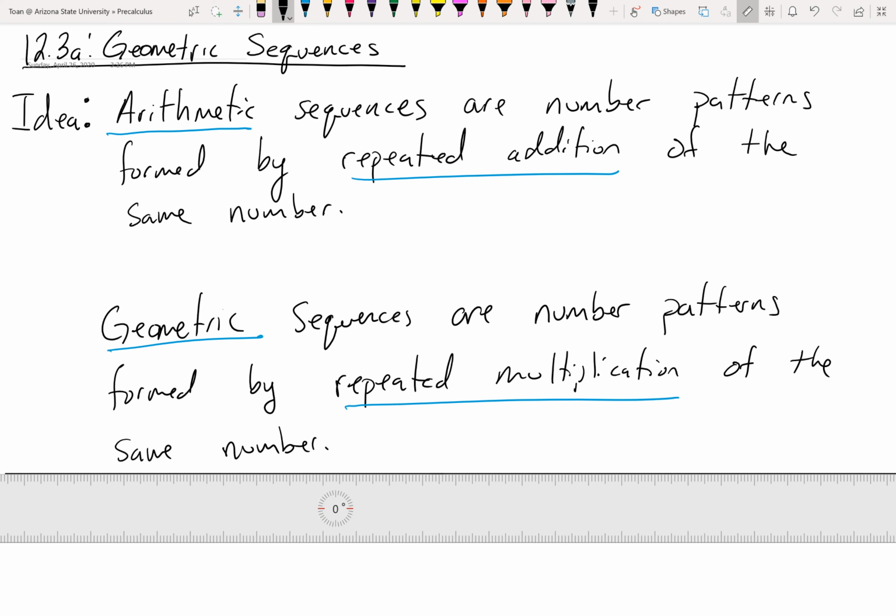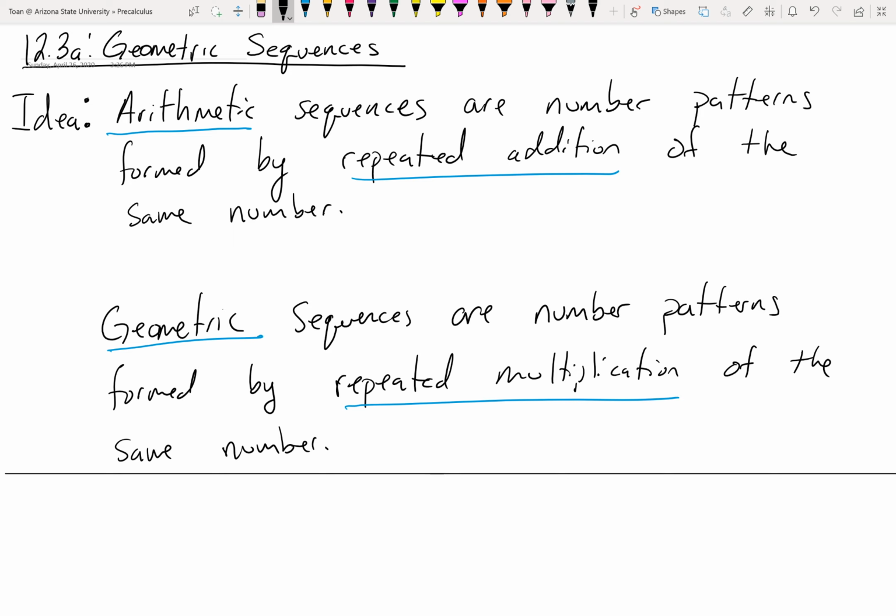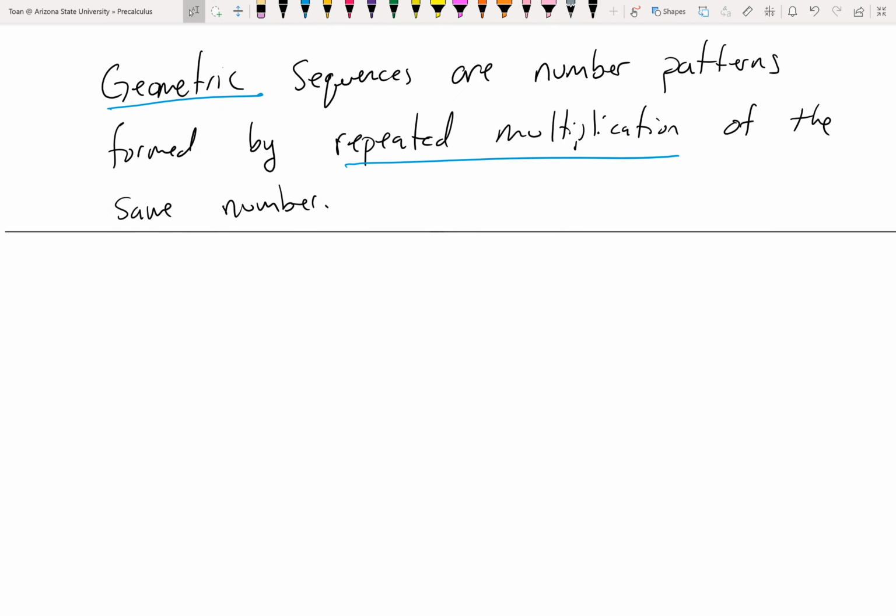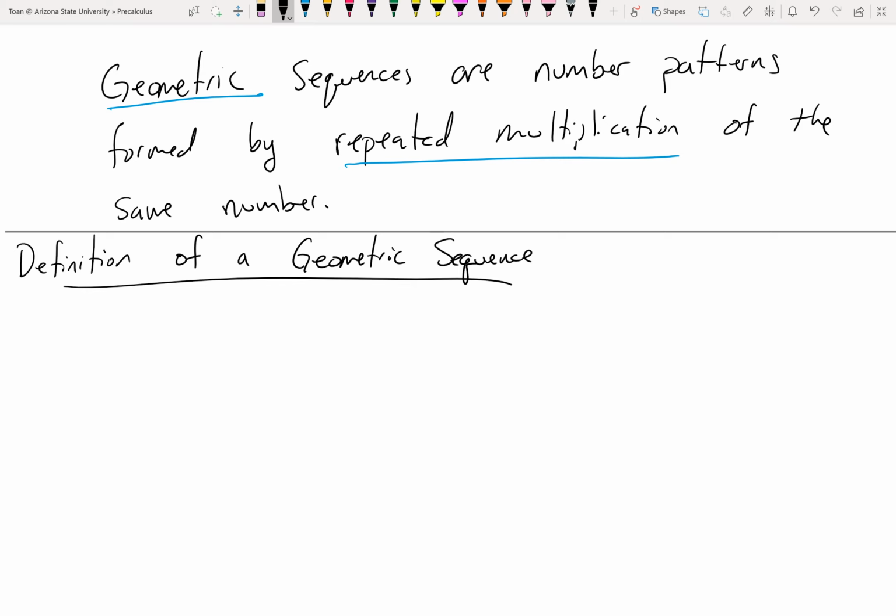Now, just like with arithmetic sequences, because the behavior is so simple and predictable, there are formulas and equations that describe number patterns that fit into this category. So let's talk about the definition of a geometric sequence. A geometric sequence is a sequence, no duh, of the form